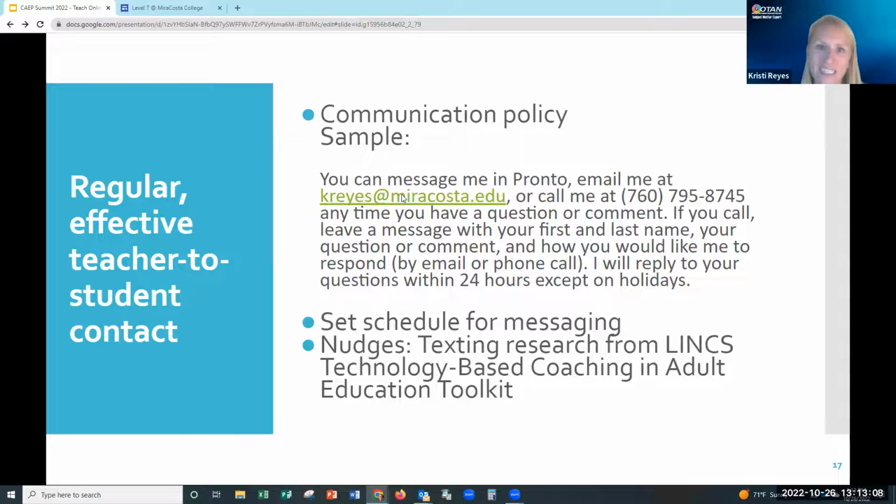Now, that doesn't mean texting your students necessarily every single day. This means being strategic. So I like to use Pronto because there's no telephone number exchanged. They don't know my phone number. Maybe you're fine with students knowing your cell phone number, but at my college, we are told no. It is a liability issue.